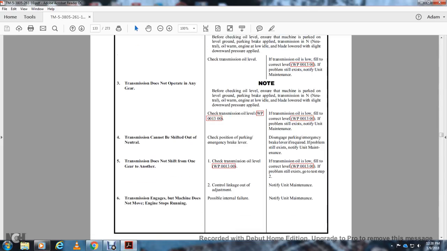Stop the transmission. The machine does not move. Engage the stop. The engine stops running. Possible internal failure. Notify unit